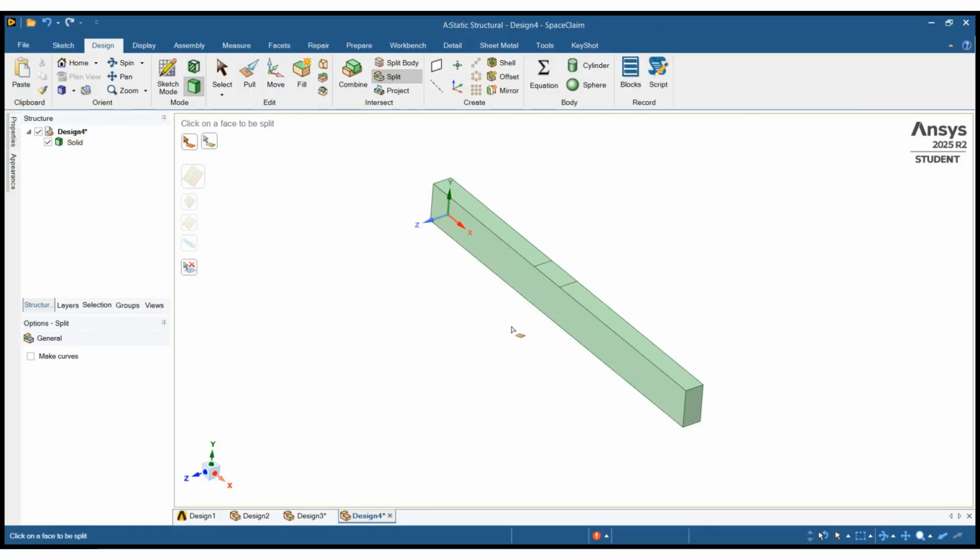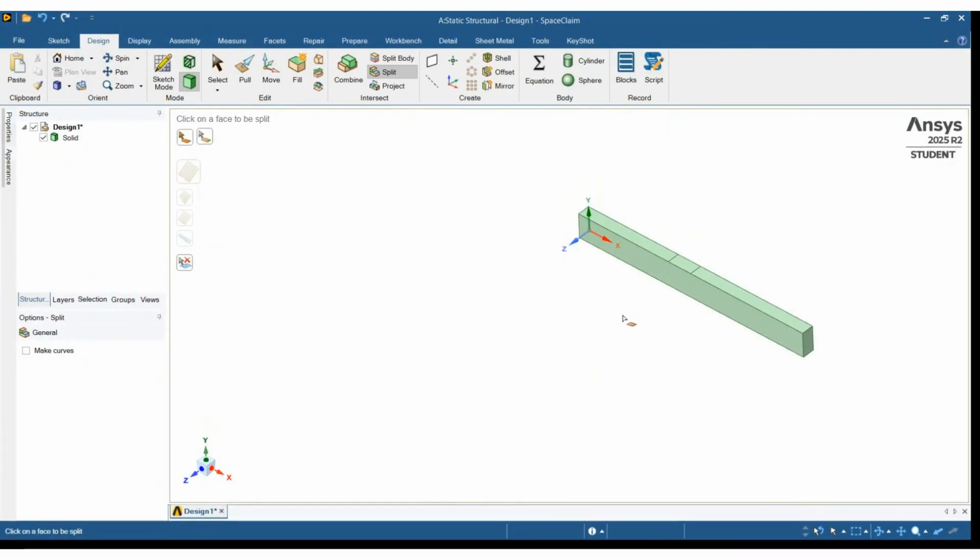If you need to switch between input boxes while entering values, just press Tab, and after that press Enter to confirm the command. So that completes the geometry setup. Once you are finished, you can close SpaceClaim. Saving is optional. If you want to save the geometry, you can, if you plan to reuse it in other models. But even if you don't, it will still automatically transfer into ANSYS Workbench.